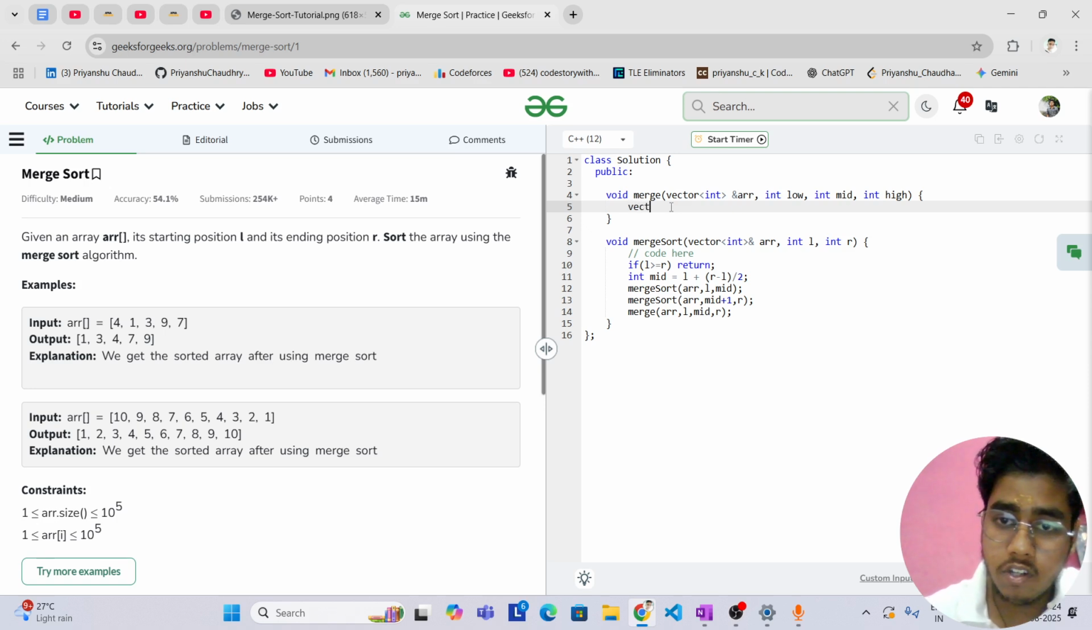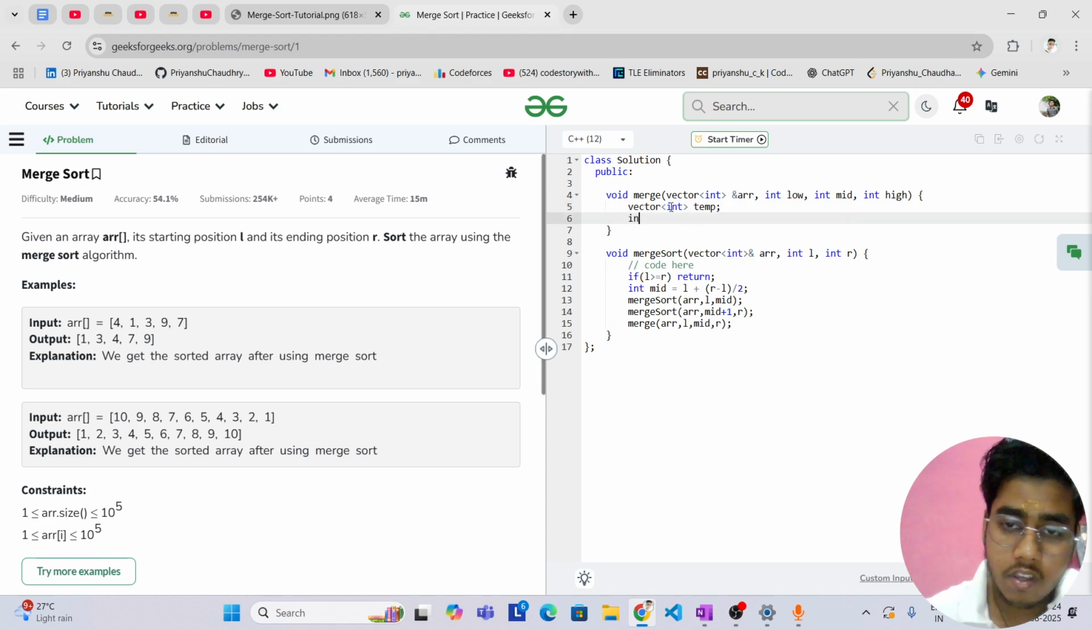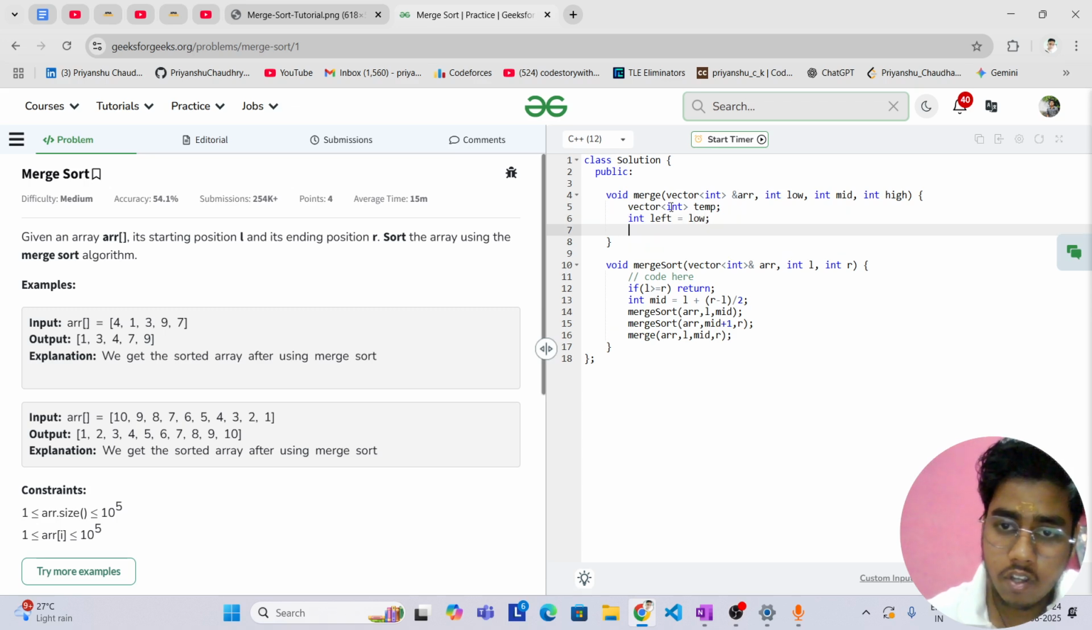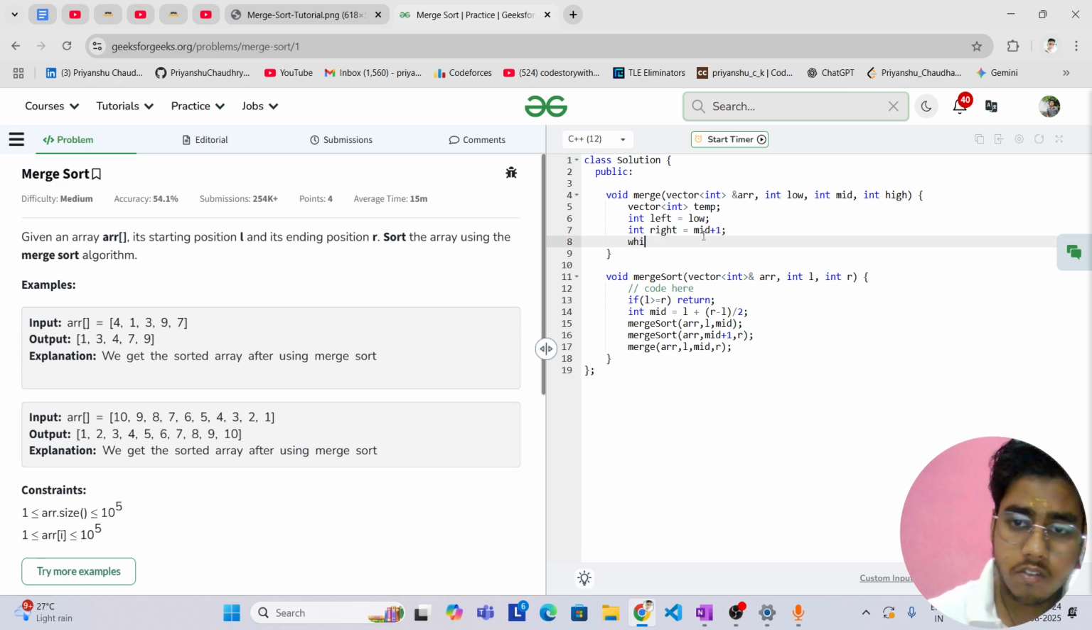I told you earlier that we will create a temporary array, temp. Okay, and now our starting of the first array will be low, and our starting of the second array, which we are saying right array, will be mid plus 1 clearly. Now what we will just do,